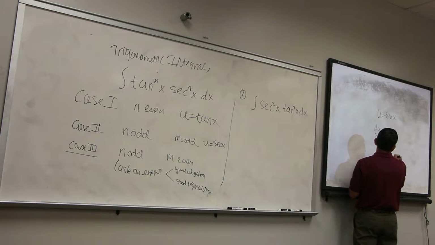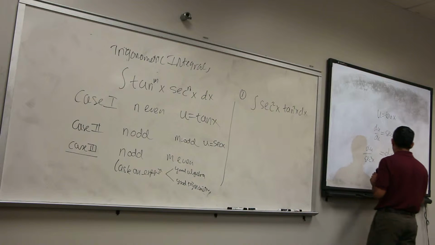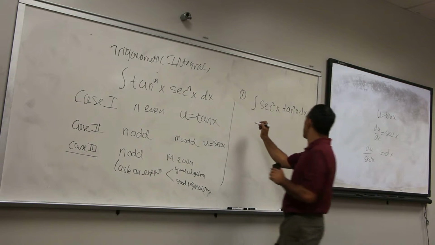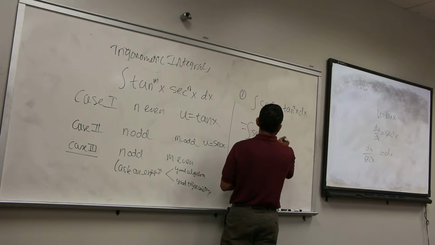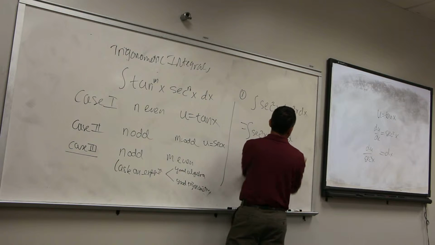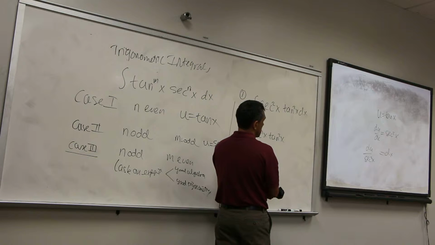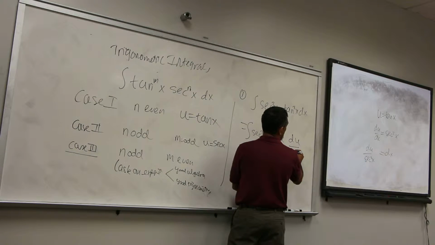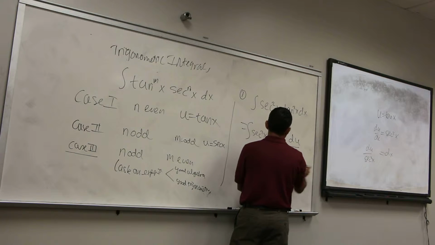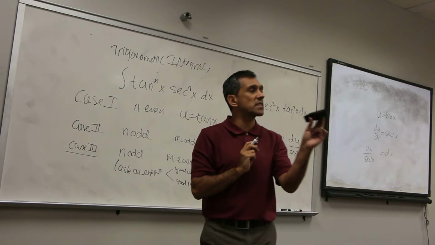Just remember dx is du over secant squared. Come here, and you will have secant squared x, tangent squared x, du over secant squared x. And now you see happily the secant squared cancel, leaving us tangent squared x du, which is